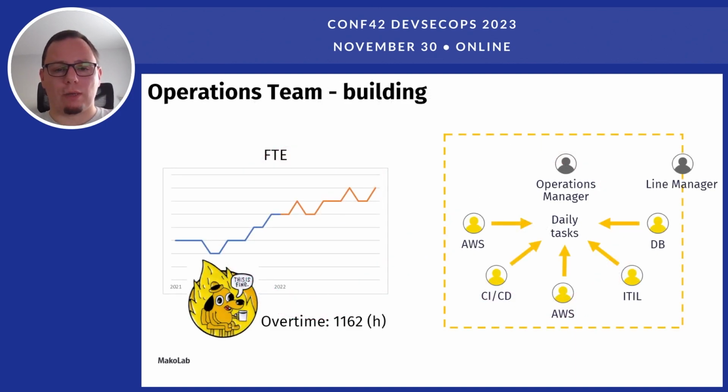When I came to MacLab 3 years ago, I had a team of 3 persons, and after a month, 2 of those 3 persons gave their resignation letter. So at the very first month of my potential of leading the team, I was left with 1 person, having 1 project on production and supporting it in the full 24/7 manner. So it was not the best start, but as you can see on the chart,